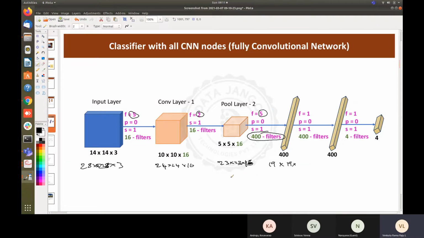Is that a mistake there? Yeah, this is a beautiful thing. Give me one second. Okay, I made some mistake here. This is the convolutional layer, then this is the pooling layer actually. This is the pooling layer, 2 by 2 by 16. The pooling layer is going to give me